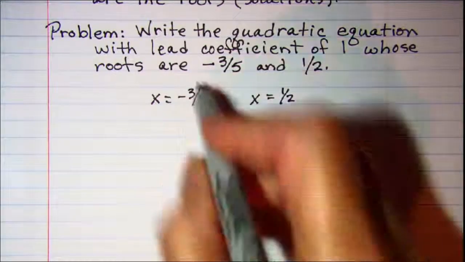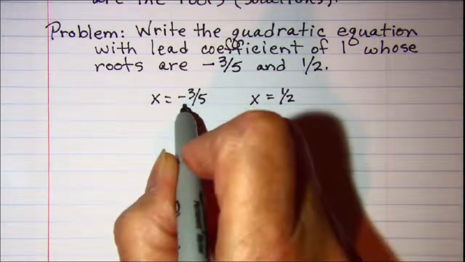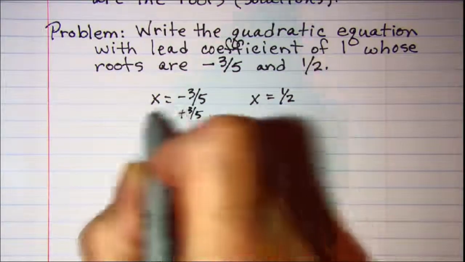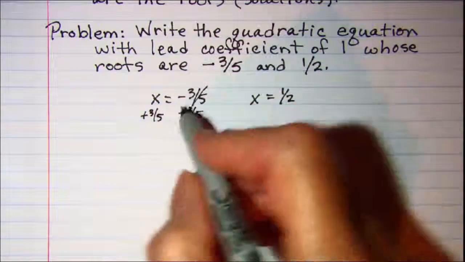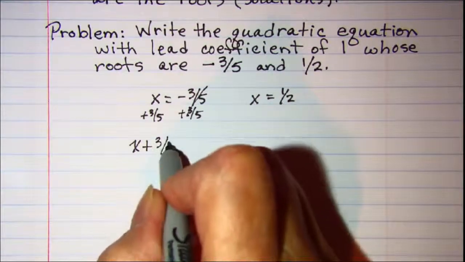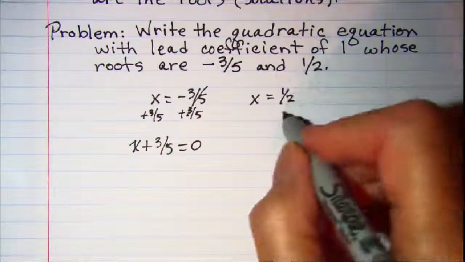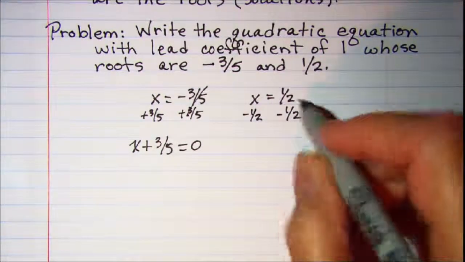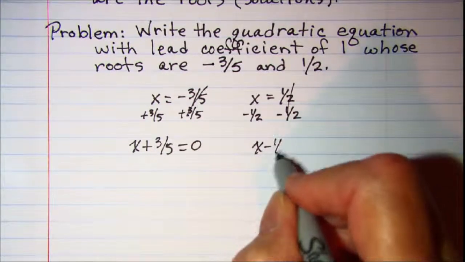Now we want to move the constant to the left side, so we'll add 3/5 to both sides. These will cancel, and I have x + 3/5 is equal to 0. In this one, we would subtract 1/2 from both sides, and these will cancel, and I have x - 1/2